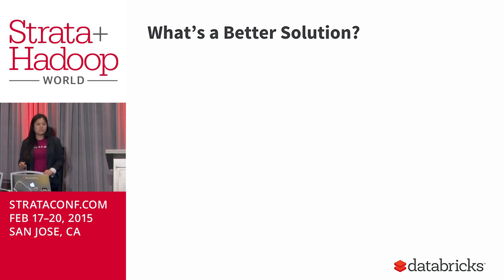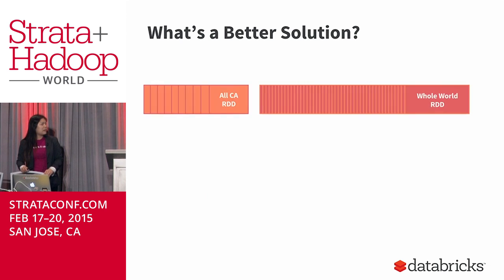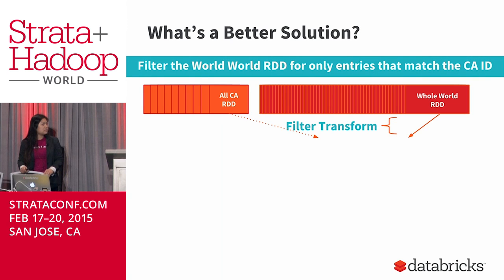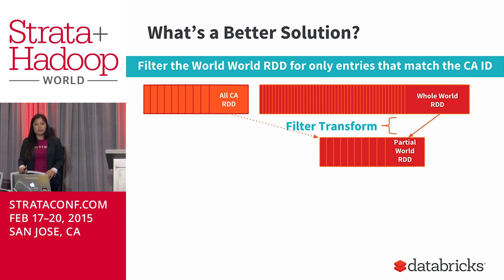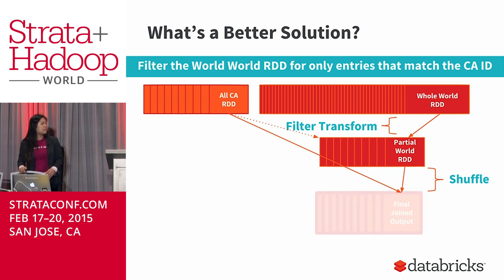So what's a better solution for doing this? We can just recognize the fact that this whole world RDD can be filtered. So we can select all the IDs from the all California RDD, and we can use a filter transform to give us only the parts of the whole world RDD that we care about. And that filter step will happen on the same worker node, so there's no shuffling of the data to do the filter. And then we can shuffle and join that smaller table with the all California RDD